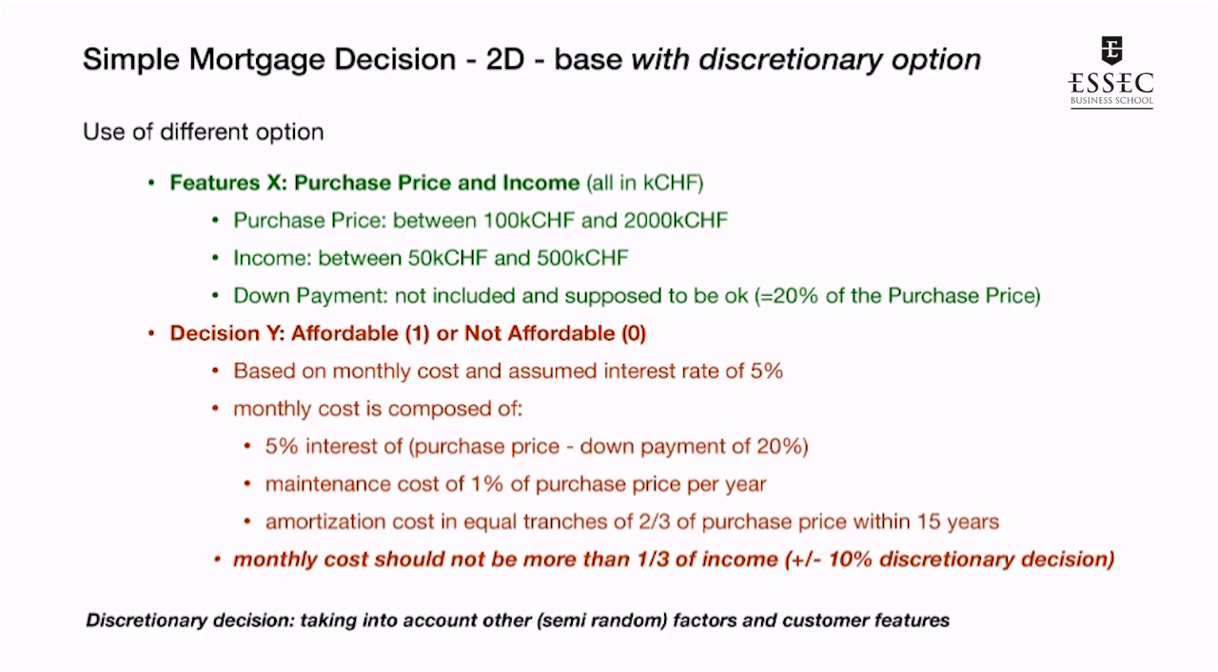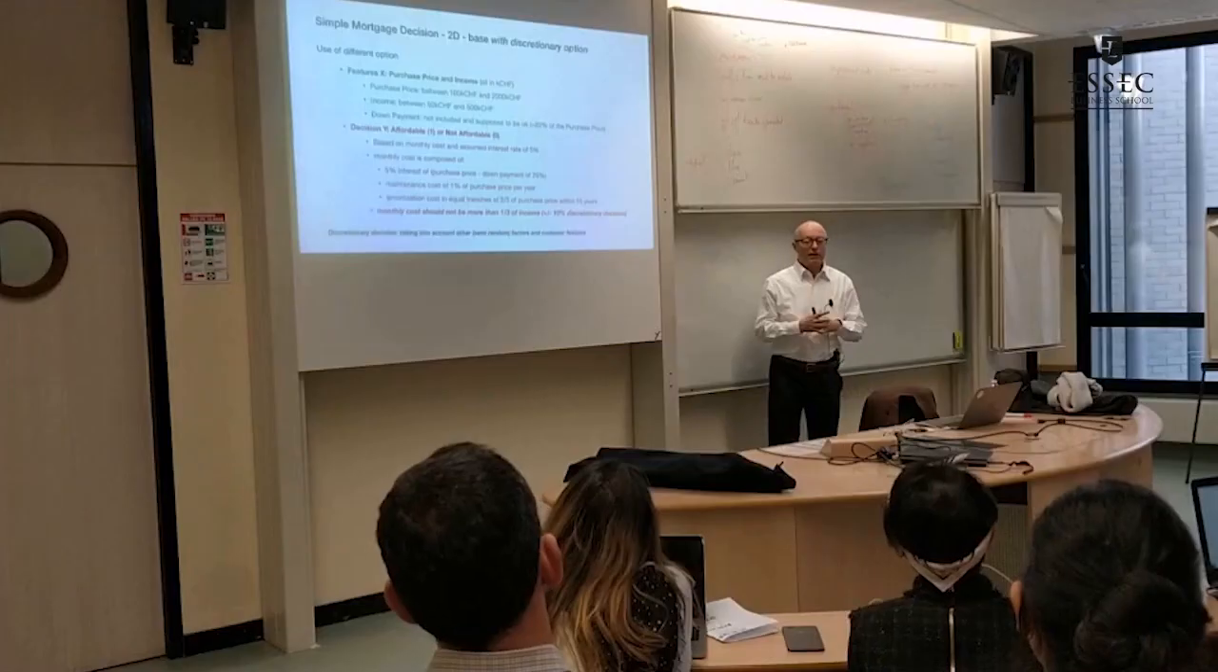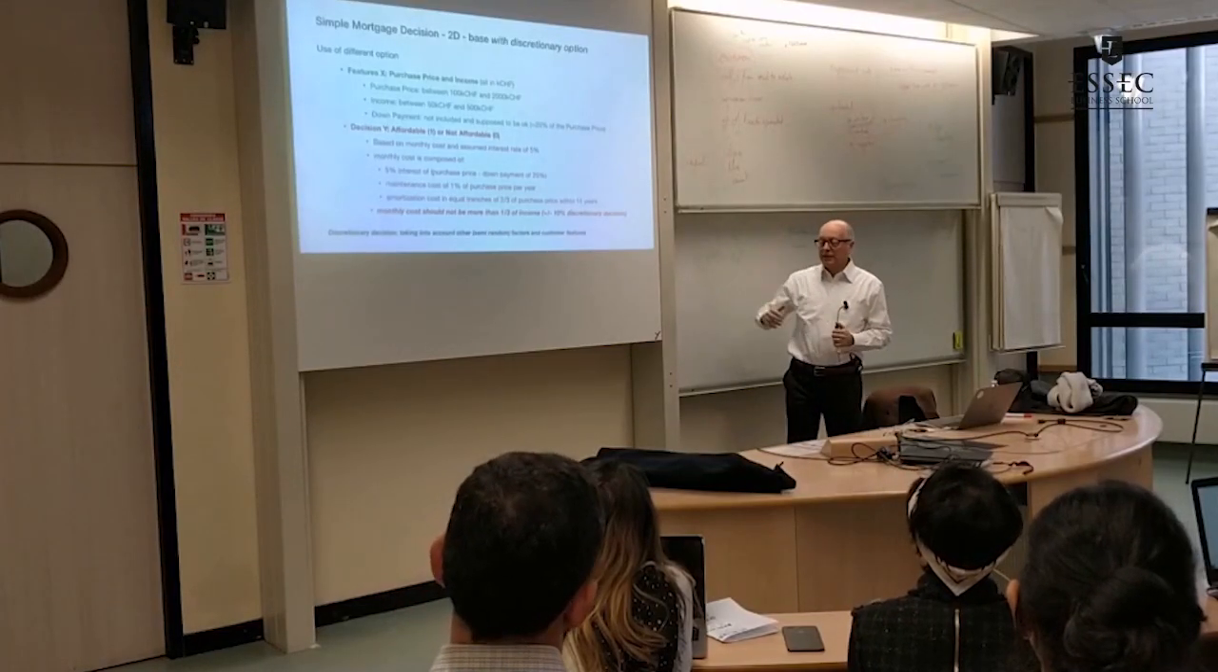Now let's get a little bit more into the fuzziness and randomness of human decisions. We are going to say that the rule of 1/3, the monthly cost should not be more than 1/3 of the income, is sometimes not taken as strict by the retail agency people, and they allow themselves 10% discretionary, which means that if the monthly cost is 1/3 of the income plus 10%, they still could say yes or no. So if we introduce this randomness, because it depends on criteria such as are they long-time customers, or do they have a lot of savings, or stuff like this, then we are going to